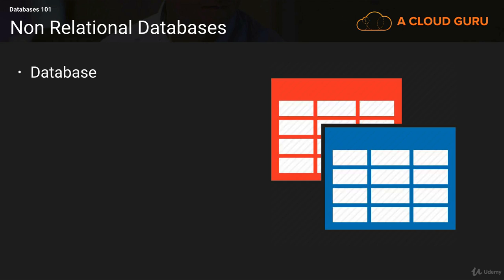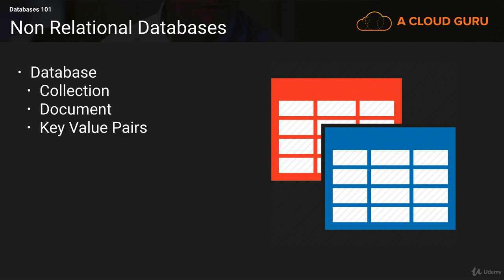We've got a database, and inside that database, we've got a collection, and inside a collection, we've got a document, and inside that document, we've got key value pairs. And you might be thinking, whoa, what does that mean? Well, let's have a look at what this means in a relational sense. So a collection is simply just a table. A document is simply just a row, and inside that document, you're going to have your key value pairs,